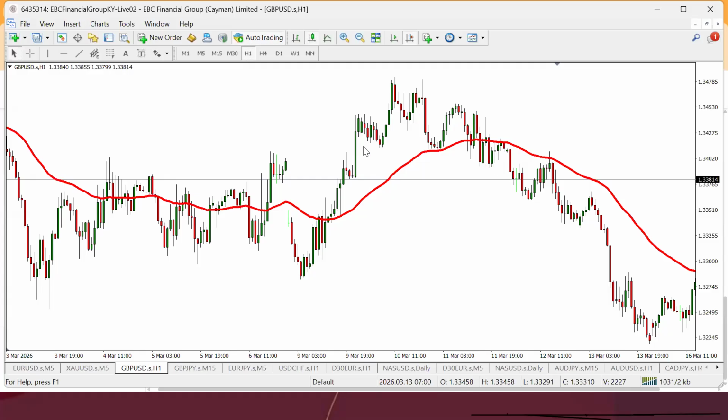Now, in the case where the moving average is below, the moving average serves as a support region, right? In the case where the moving average is above price, the moving average serves as a resistance point. So there are two major points that we look for in trading: the supply zone and the demand zone. The supply zone is the resistance zone. This is the supply zone here, where price is going down and the moving average is above price. The moving average here is the supply zone, right? And at the time when price was going up, the moving average here was the demand zone.